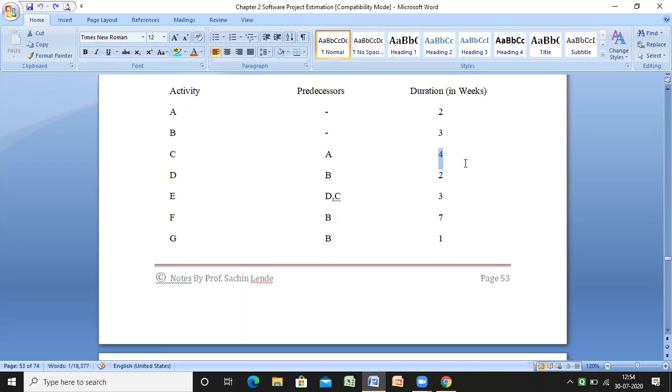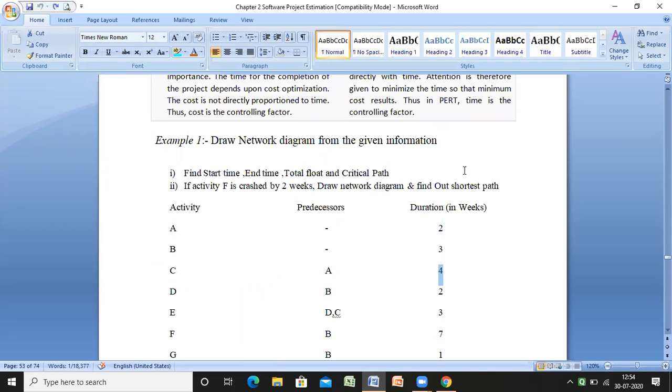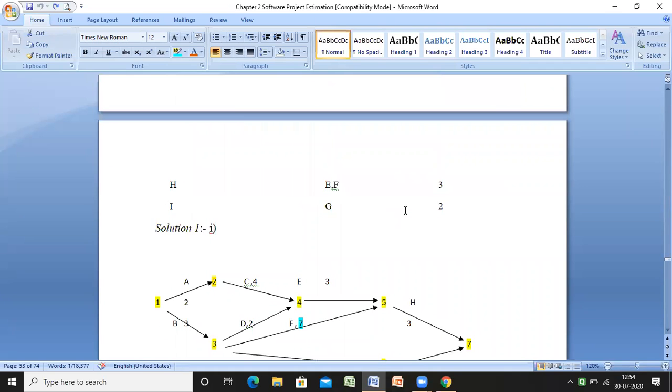This kind of question may come in the paper for the optimization technique. Remember, this kind of question is asked 80% of the time for the software project management subject. Just like the project management life cycle, function point analysis, and the COCOMO model, there may be chances of this kind of question coming in the examination 80% of the time. So you should have the skill to draw a network diagram and answer the different kinds of questions related to it.